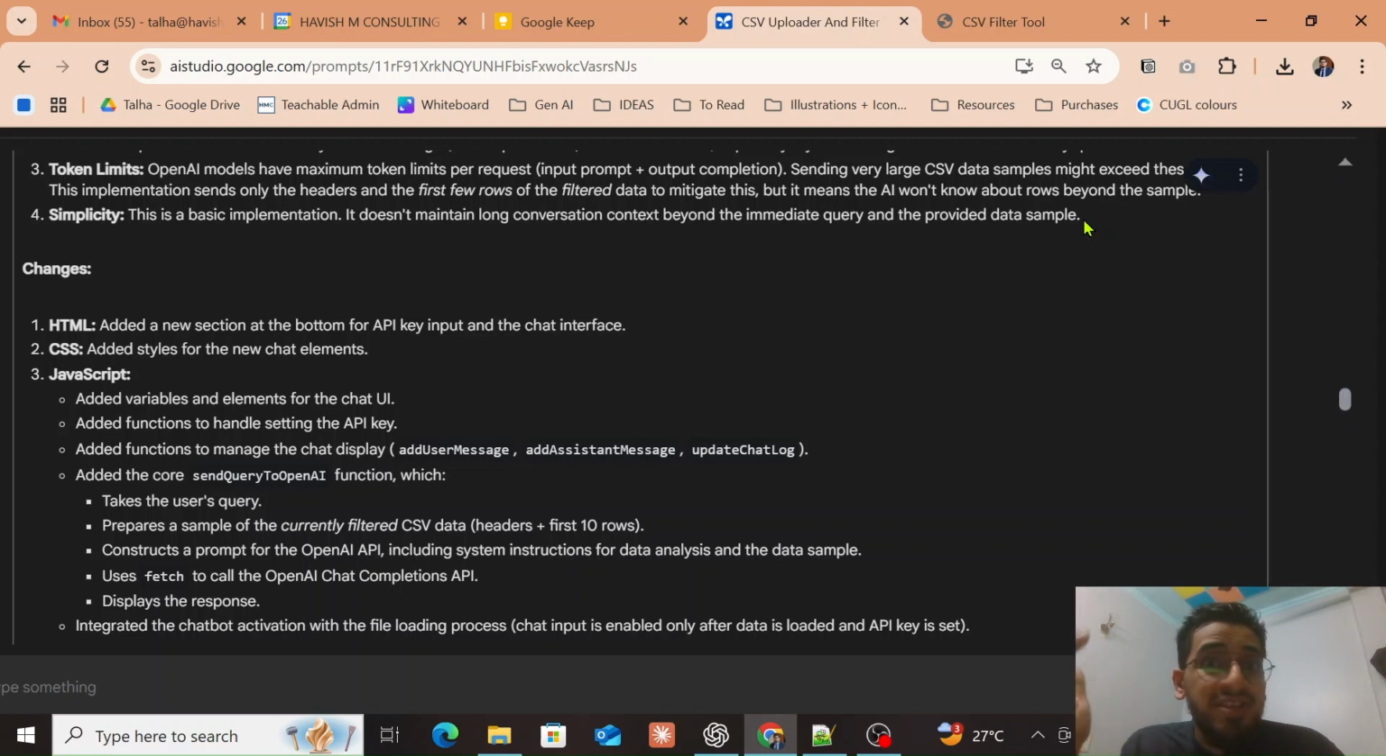So I can't ask it, okay, what's the capital of India? It won't respond Delhi, because it is not going to be using its entire knowledge base. It will obviously be relying on its knowledge base, but it will respond in the context of my data itself, right? So it is now going to